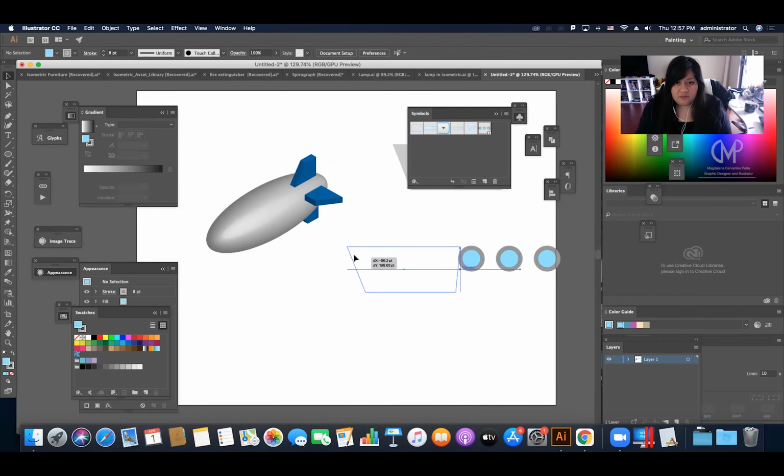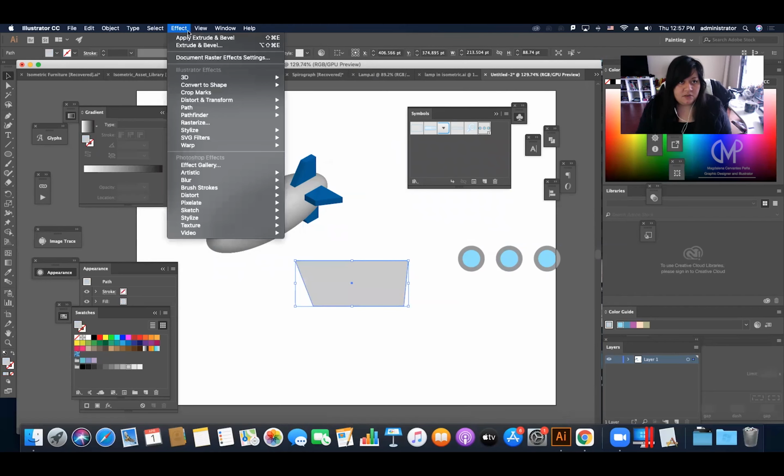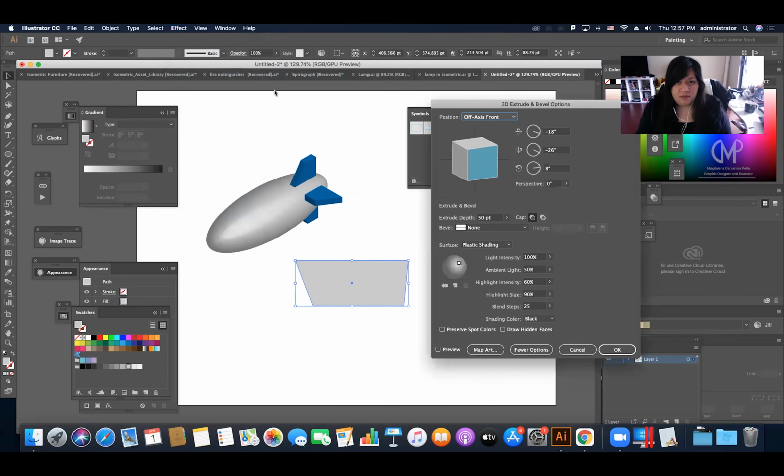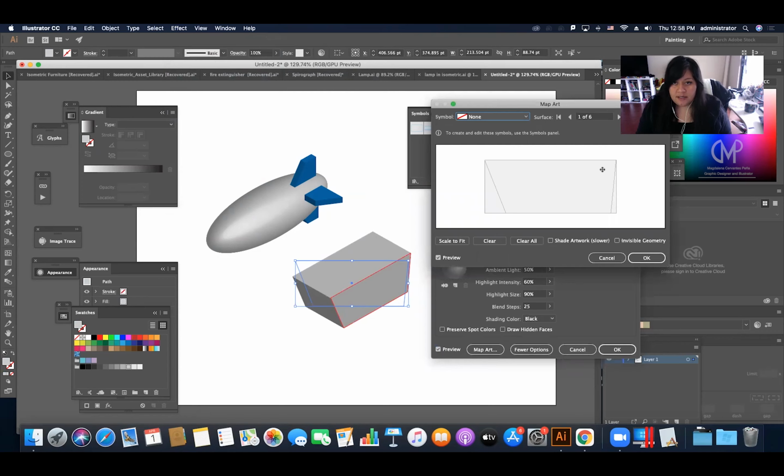Because when I transform this shape into 3D, I can go to Effect, 3D, Extrude and Bevel. Let's put isometric. Then I can put this one more bigger. So let's simulate that is the cabin that will be here. We can resize after. I can put map art, and then in this part, I need this shape